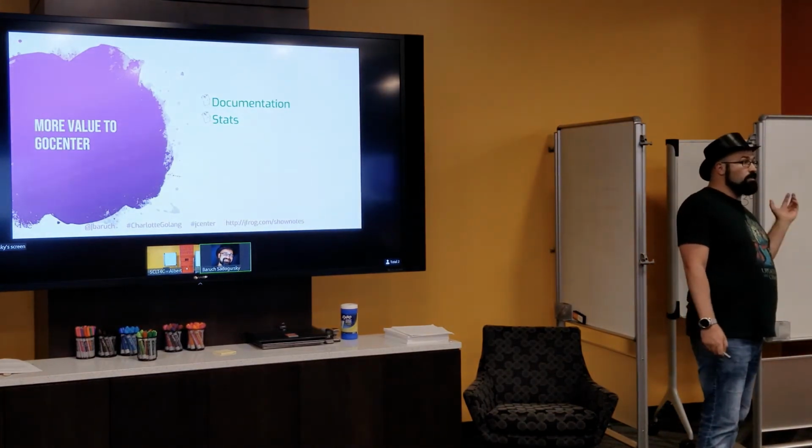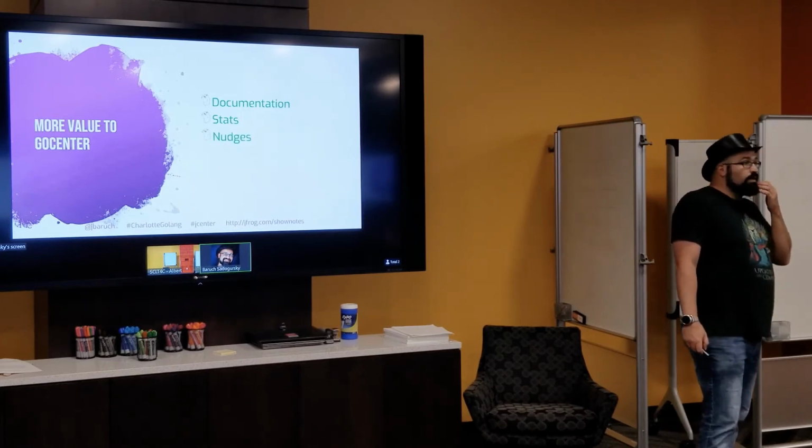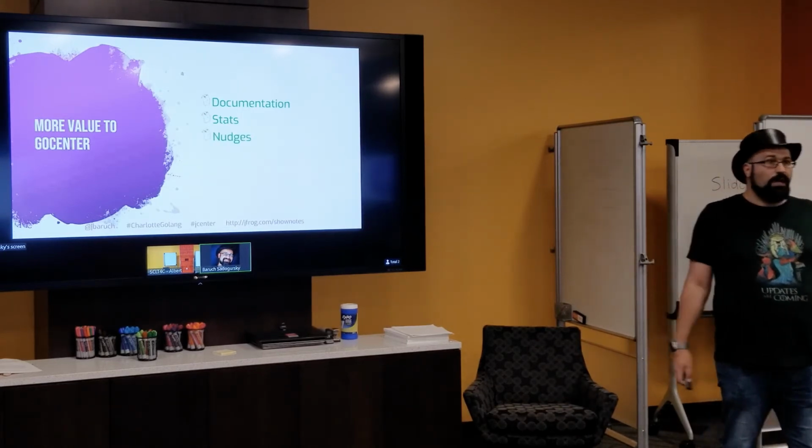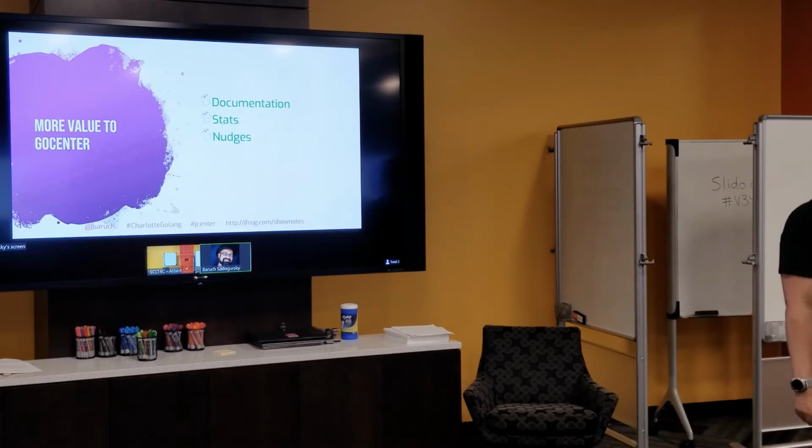How many downloads, how many stars, this kind of stuff. In the future, we plan to introduce stuff that will make it easier for you to nudge the authors to do the right thing. For example, if you use a module with a semver version without a release, you can, by a click of a button in Go Center, create an issue or +1 an issue that asks the author to properly version their